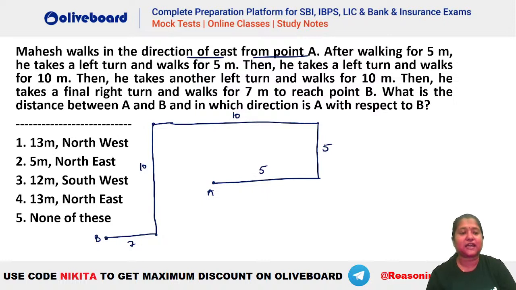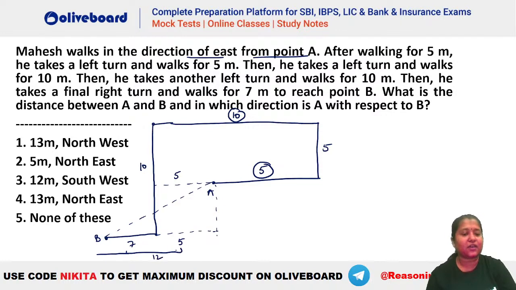Okay. What is the distance between points A and B? Okay. ये distance calculate करना है. We have to calculate this distance here. How do we calculate? Let's see. ठीक है, किस तरह से calculate करेंगे. You can see this is your 5 and this is your 10. That means this distance will be how much? This has to be 10 minus 5, that is 5. So you can see this is your 5. So 7 plus 5, that is equal to 12.